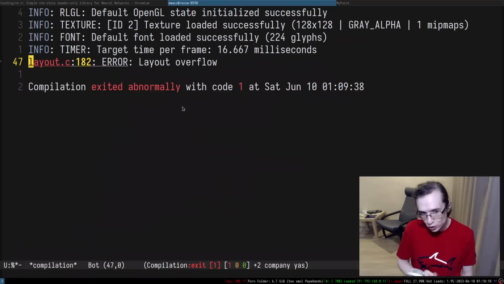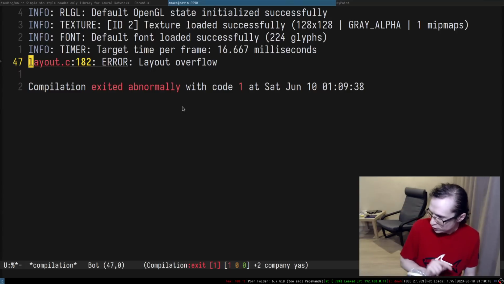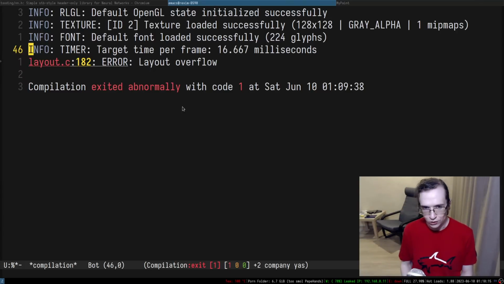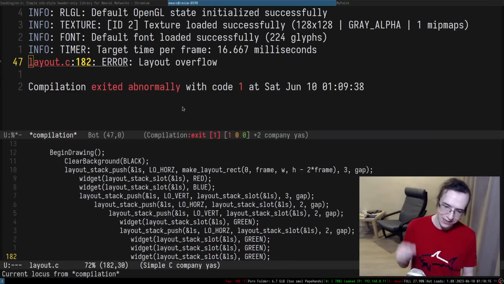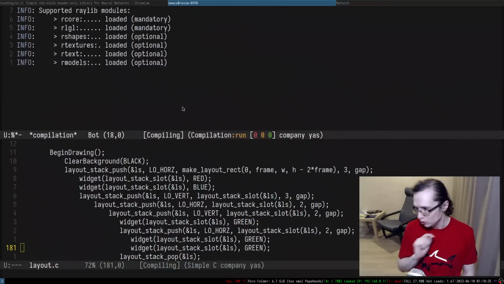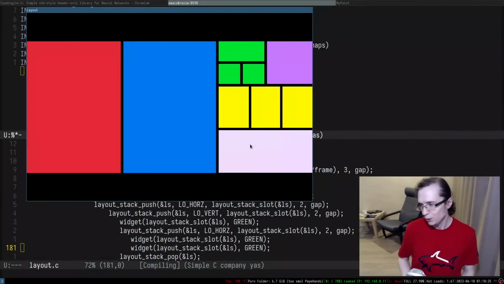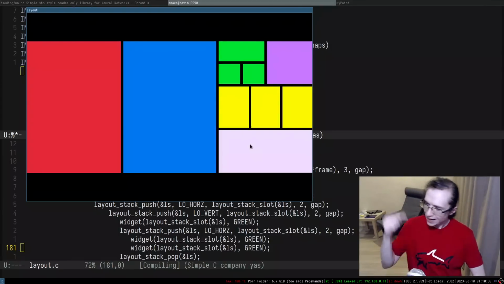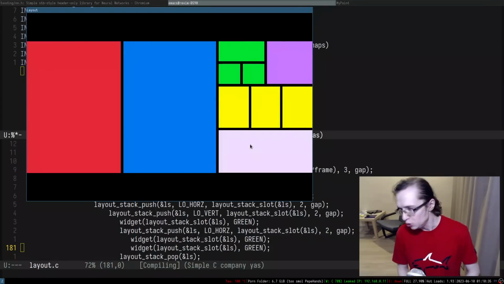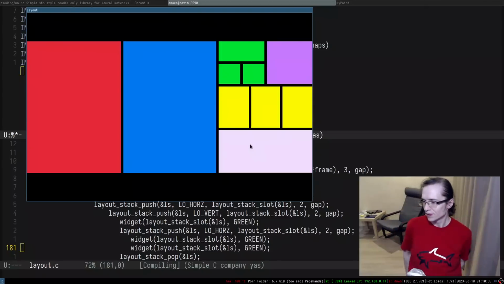But now this thing actually tracks all of the locations where you call this layout slot. And if you overflew the layout, it tells you precisely where you did a fucky wacky and oopsie doopsie. How about that? We got this beautiful, beautiful framework. Isn't that cool? Fuck CSS, we have pure C. Dab, dab, dab.